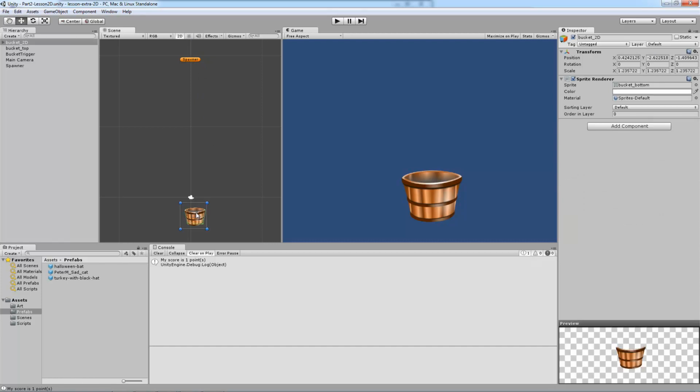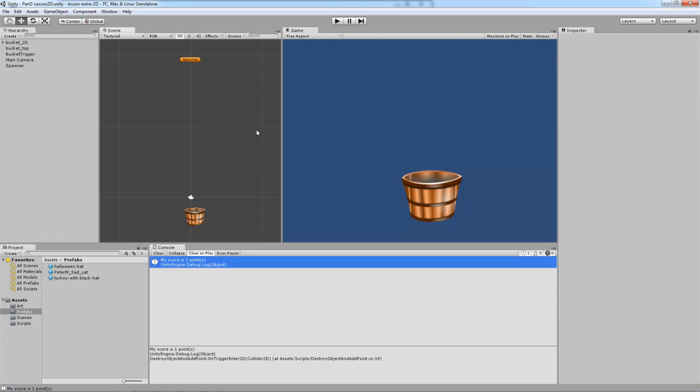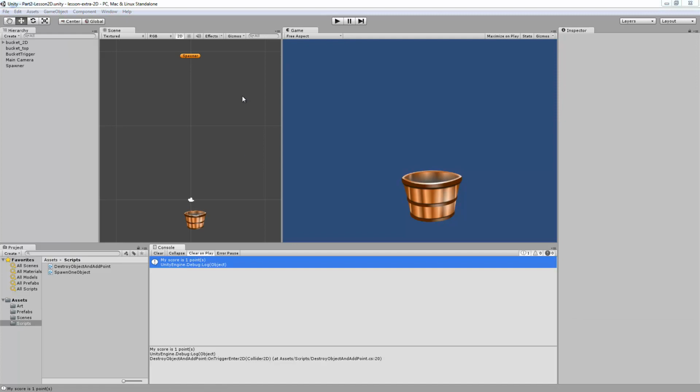Now we've got a basic spawner object. We've got something that catches it. It even gives us a point. Alright, so I think I'm going to show you one more thing before we quit. Before I do that, though,